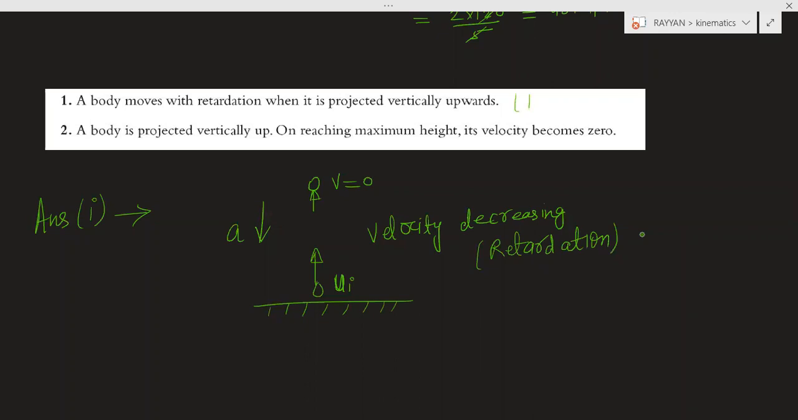Second part: a body is projected vertically up. On reaching the maximum height, its velocity becomes 0 or not? This is true or false? True. It is true. You can see here, when you are showing the body here, in the last classes we did one experiment also. I showed one pen, and I told you that at some point, at maximum height from the ground, the velocity